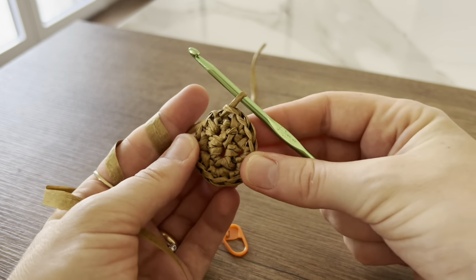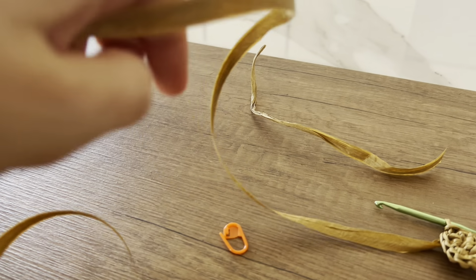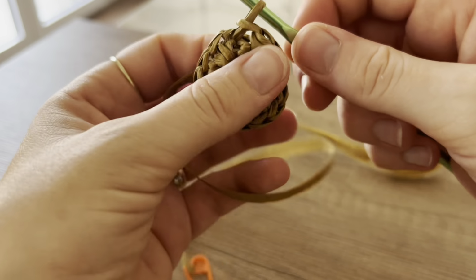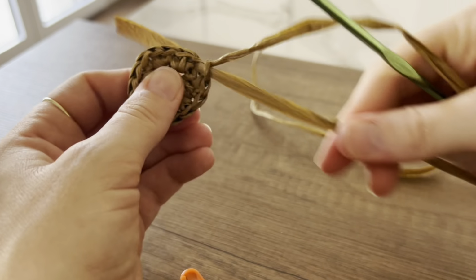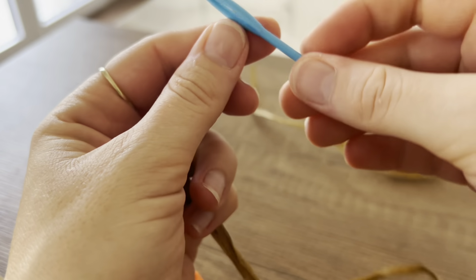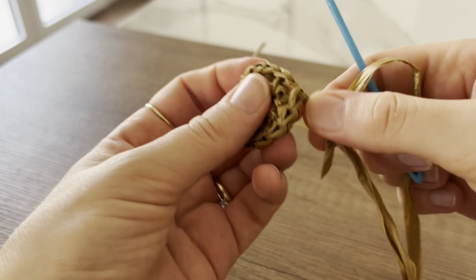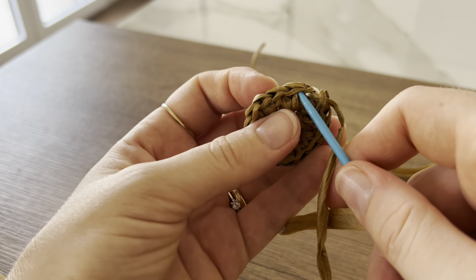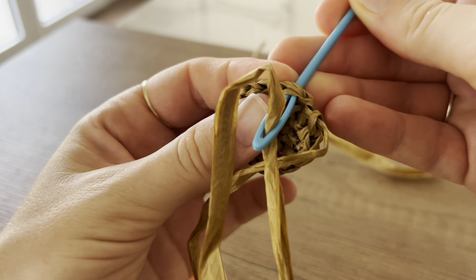So we did our second round, and now just leave a bit of excess tail, you can cut the yarn, and we are going to pull it out. Now we will add the yarn needle, and here, not in the first one but the second one, coming from the inner part here, going to pull it through,